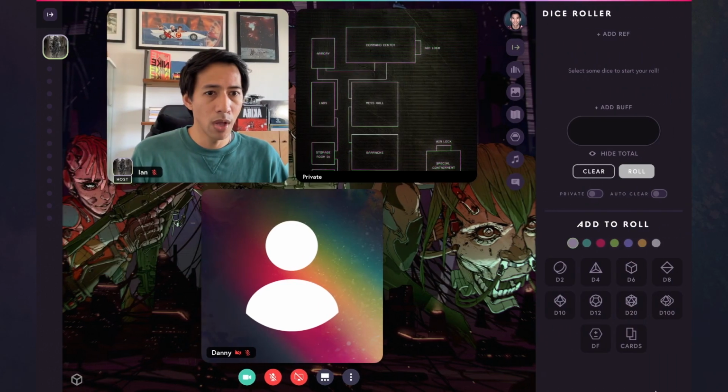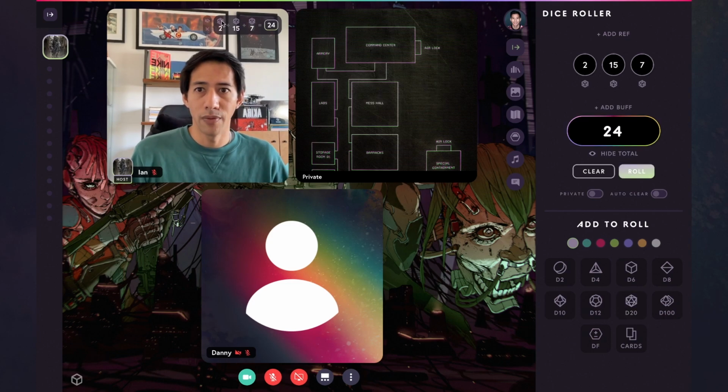And so now, if I load up some D20s here and roll, you'll see that video tile is where my dice roll lives now. And so each person's video tile will now hold the UI for their dice roll. So if Danny were to also add some dice and roll, you can see that his roll is appearing